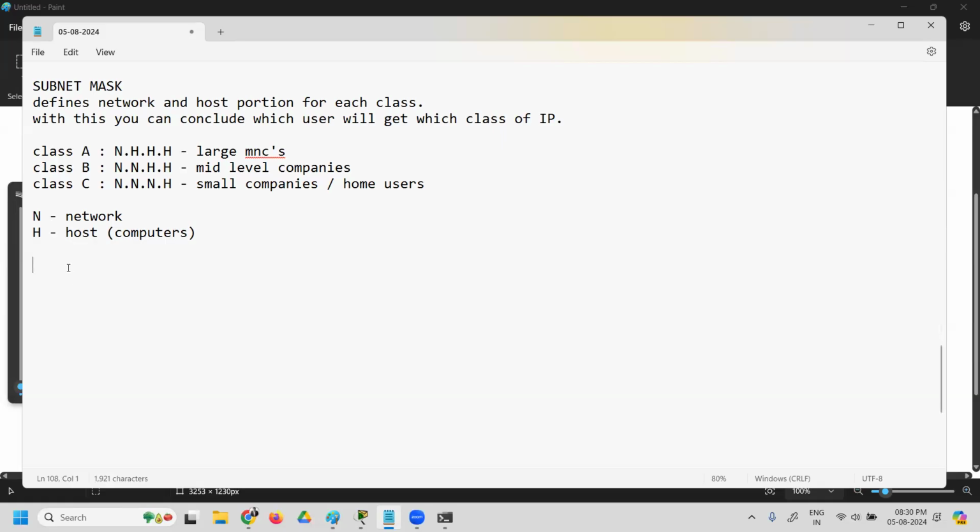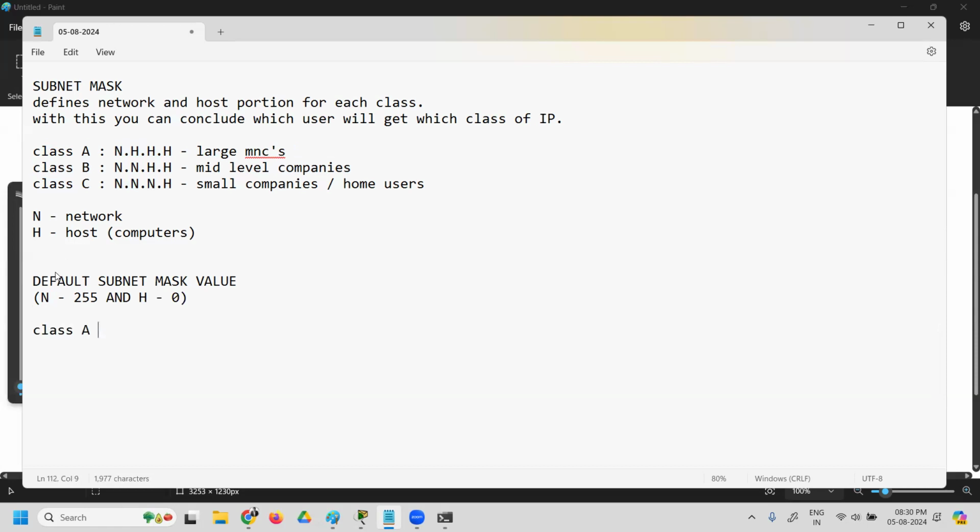Now for the sake of remembering, I've just given N and H values, but there is an exact value which you write for the subnet mask, called the default subnet mask value. And how do you get that? You just have to replace all the N with 255 and all the H with 0.